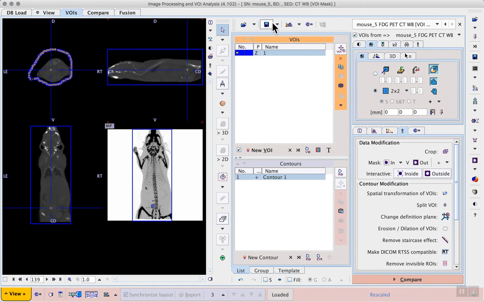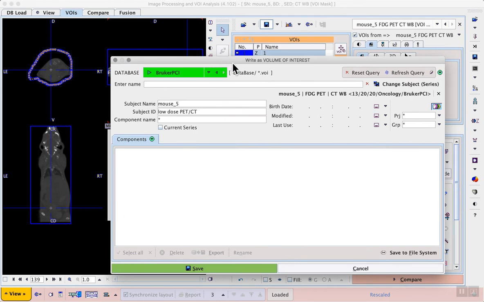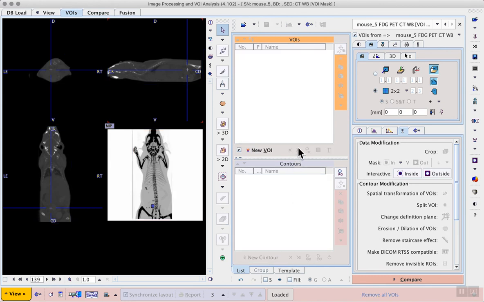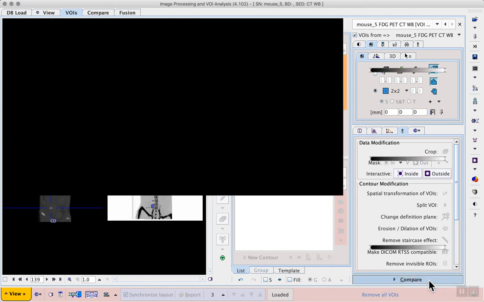So in case we want to repeat this process, we can save this VOI, and by default it can be saved to the same database that we're loading the data from. So this can be the bed masking VOI, saved to the database. Then it can be deleted so we can see the image more clearly. And if we want to really compare this version of the image to the original, we can even proceed along the main workflow to the Compare tab,